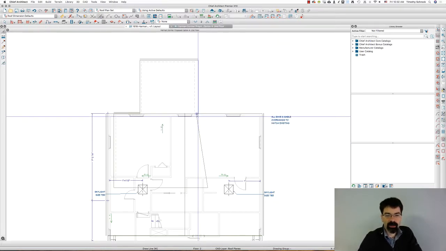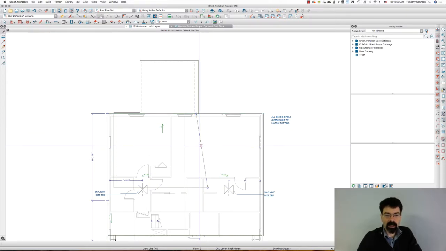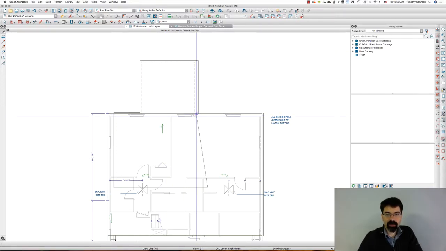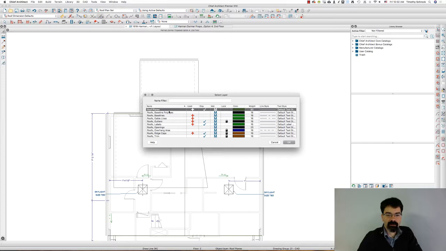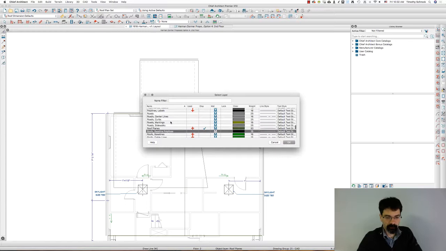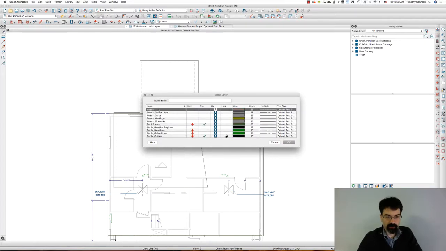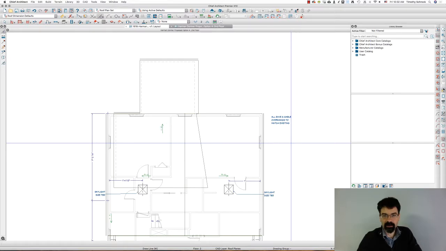because I'm going to draw a white hidden line over the green line, and I'm going to draw it on the roof's layer because it really is what that is. I'm drawing part of the roof in roof plan. Okay, so I'm going to go to current CAD layer. I used the icon here. You can go to the CAD option, current CAD layer. I've already selected it, but you can hit R on your keyboard to quickly jump to R's. R on your keyboard jumps down to roof planes, or click on roof planes,